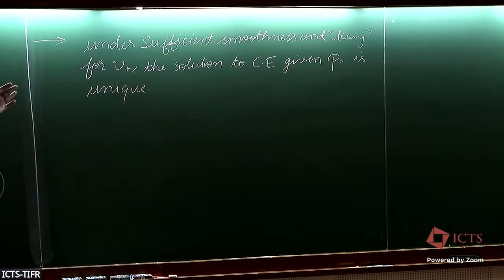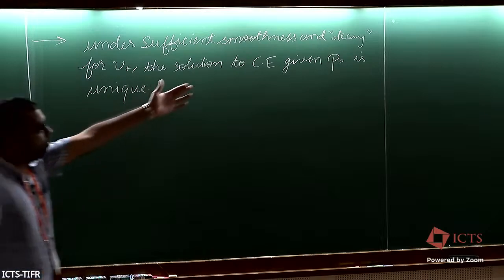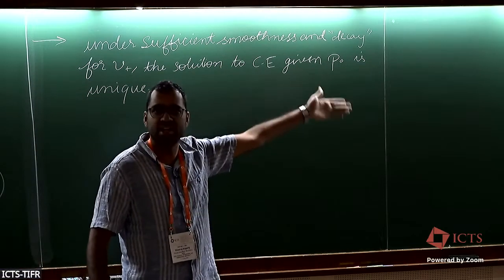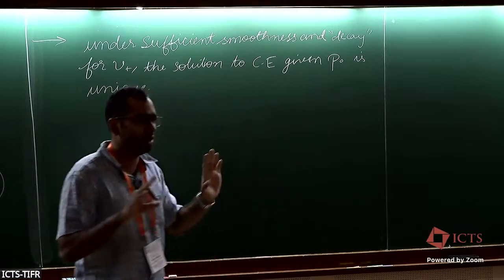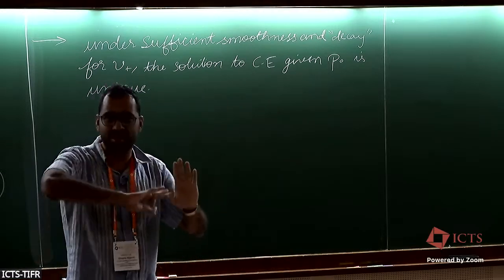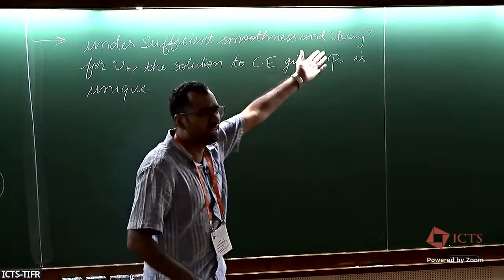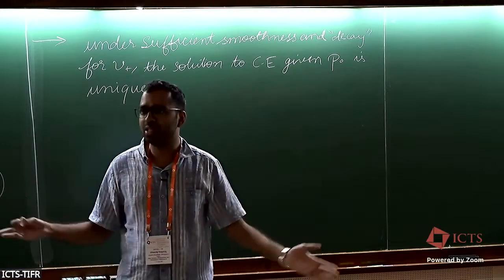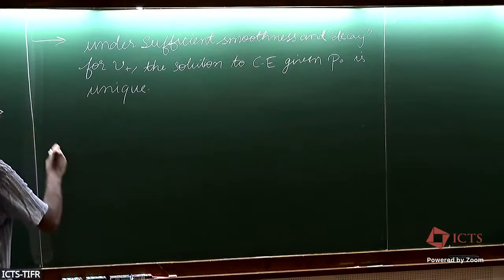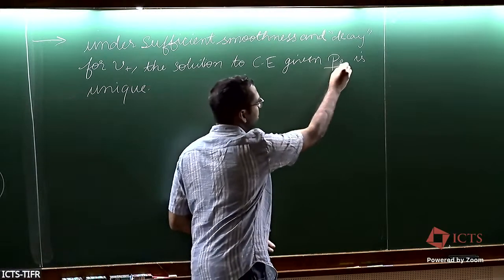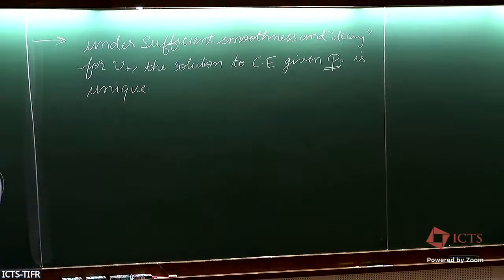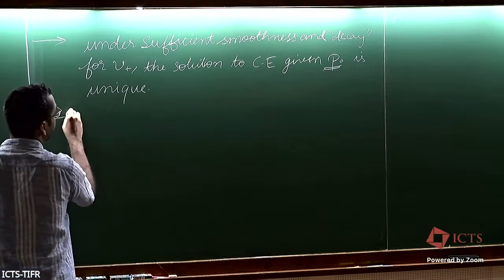Okay, what do I mean by smoothness of v_t? It means that it should be sufficiently differentiable, it should be Lipschitz, maybe uniformly Lipschitz, and so on. What do I mean by decay? It should not explode too fast near infinity, right? And all those things only make sense when you look at it with the family of probability distributions you're proposing. But there are certain ways you think about it. We can think of decay as boundedness for now. If it's uniformly bounded and Lipschitz, there is a unique solution. So given an initial p_0, it's not like this can describe two different probability density evolutions, under sufficient regularity.